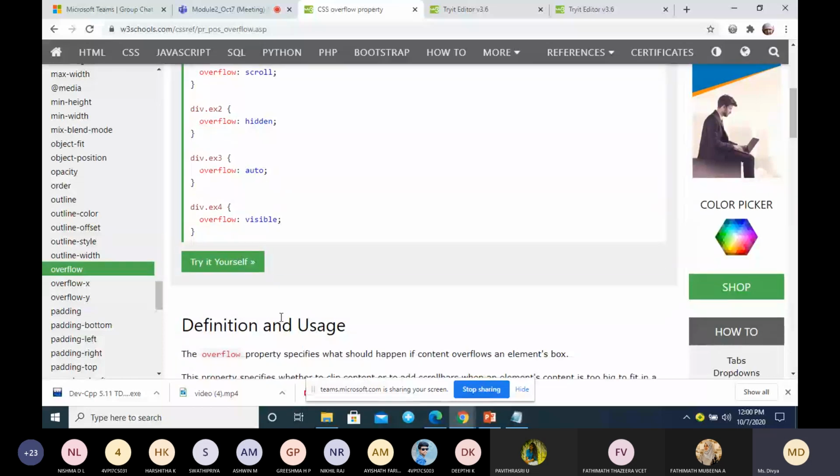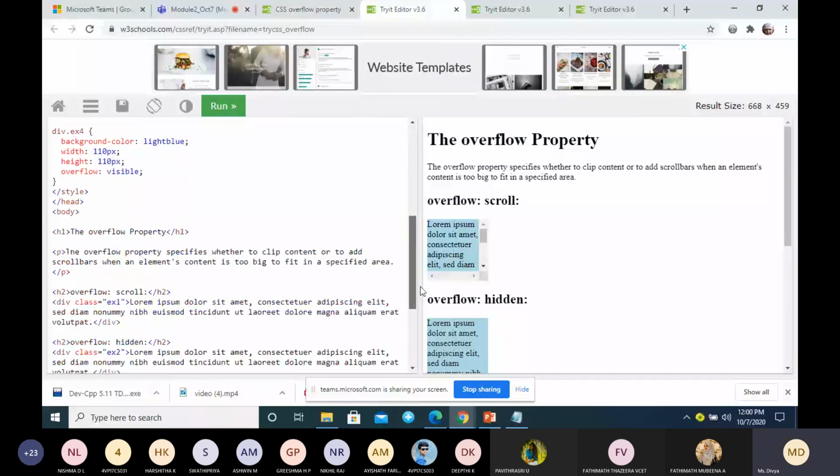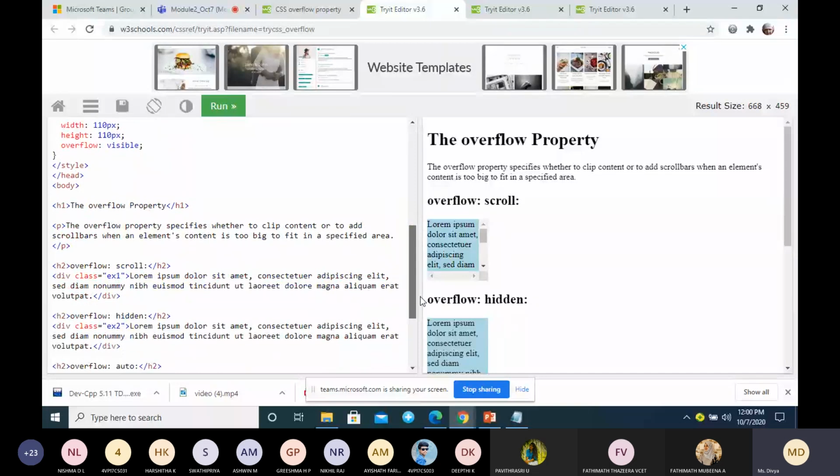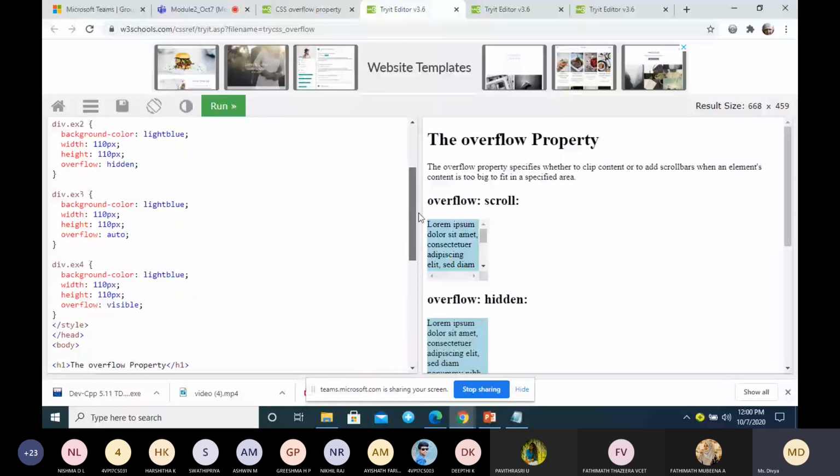The overflow property specifies what should happen if the content overflows an element's box. See here, we have different boxes, different paragraphs with different backgrounds. So this is overflow scroll. You can see what will happen when you scroll: along with that, the content will also scroll.